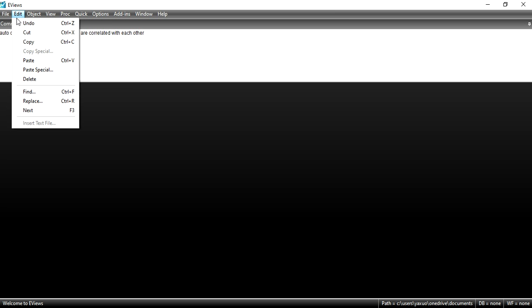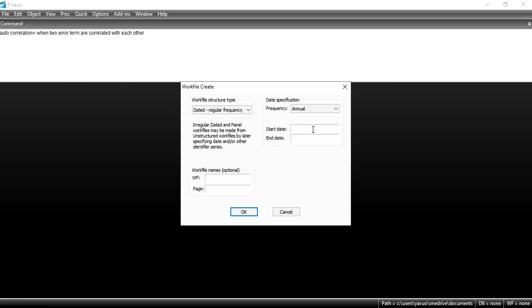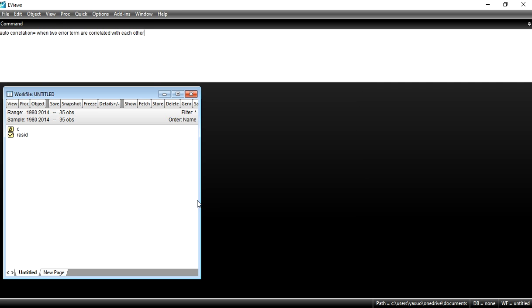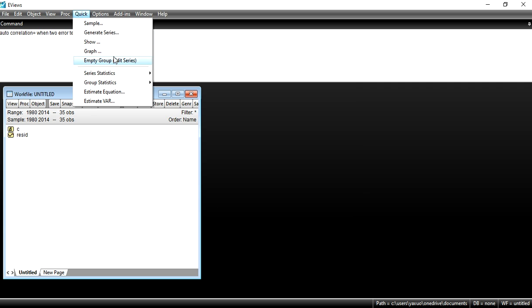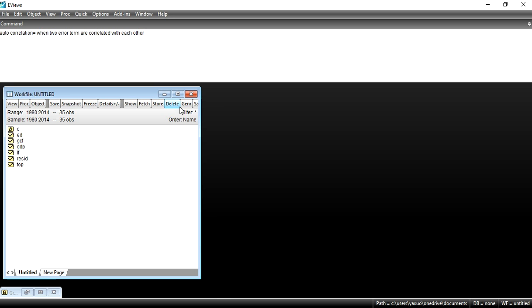Copy your Excel data, then go to File, New, Workfile, mention the start and end date of your data. Now go to Quick, go to Empty Group and paste your data here.